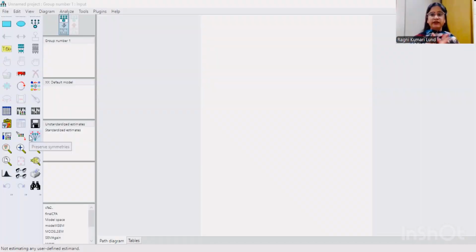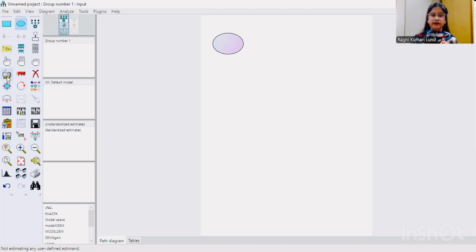First, we have to check our left hand side to see how many options we have. For example, here we can see draw observed variables and draw unobserved variables. This is the latent variable. So select this one and draw that circle, because in a model we also need similar shapes for a good looking model. Now you see on your left hand side, other options are open.